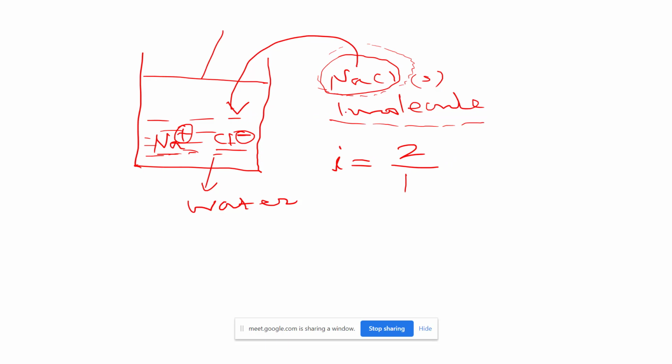And again we can say here the molecular formula of NaCl we are taking as Na1Cl1. So what is the molecular mass? 58.5, isn't it? And here the molar mass of Na plus and Cl minus is not equal to 58.5. That is different. So again we can say the molar mass is changed here.